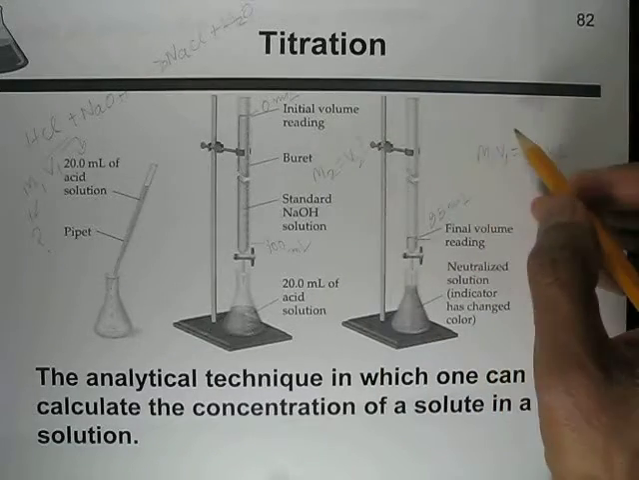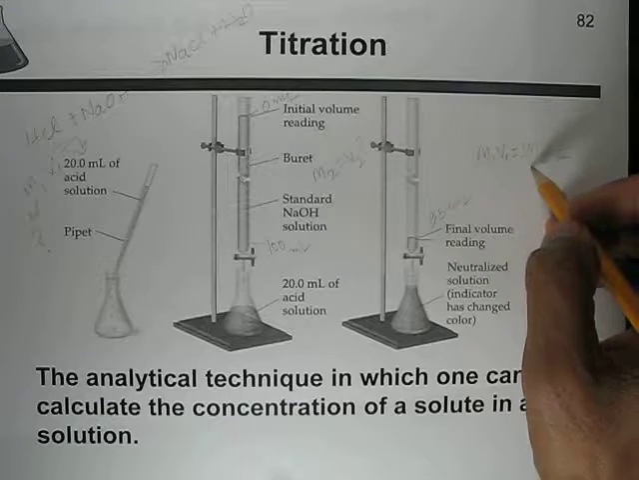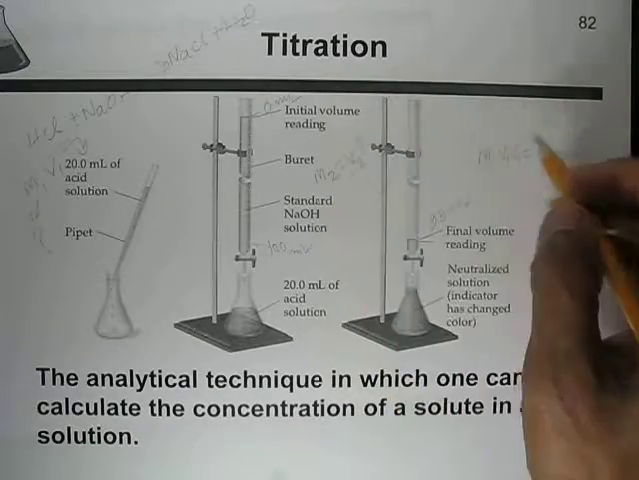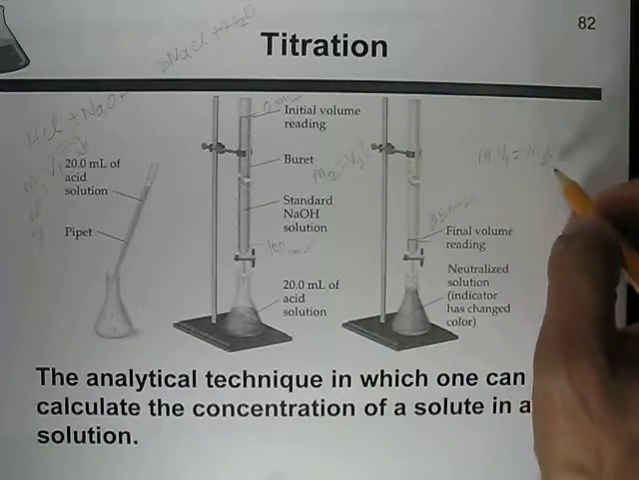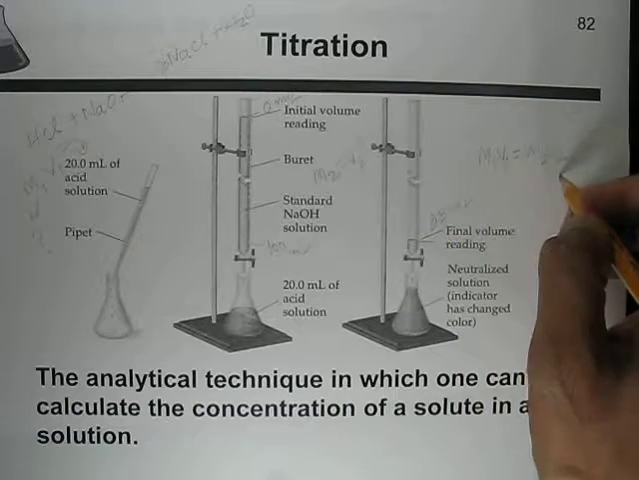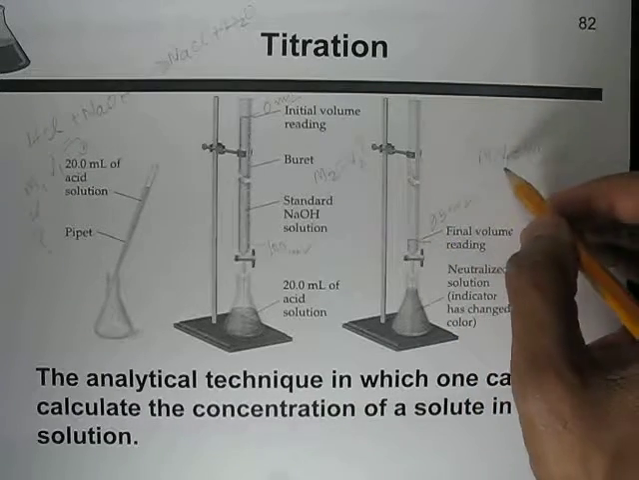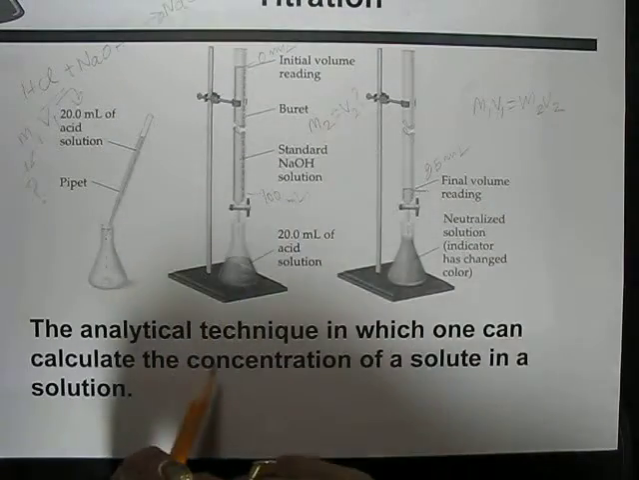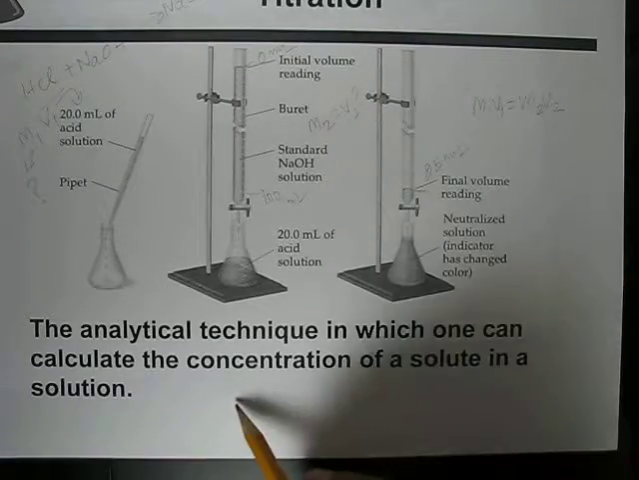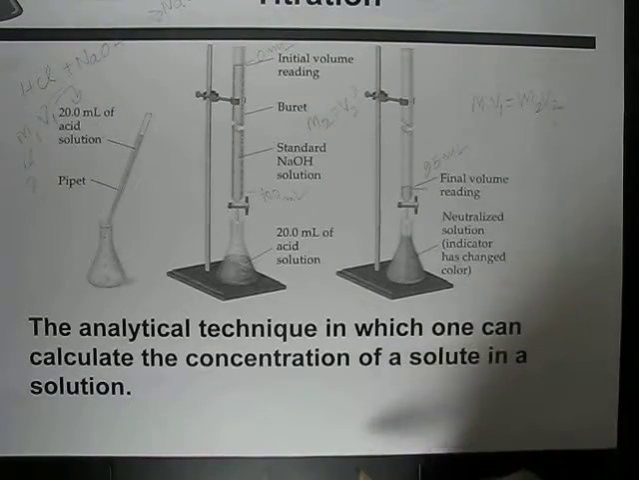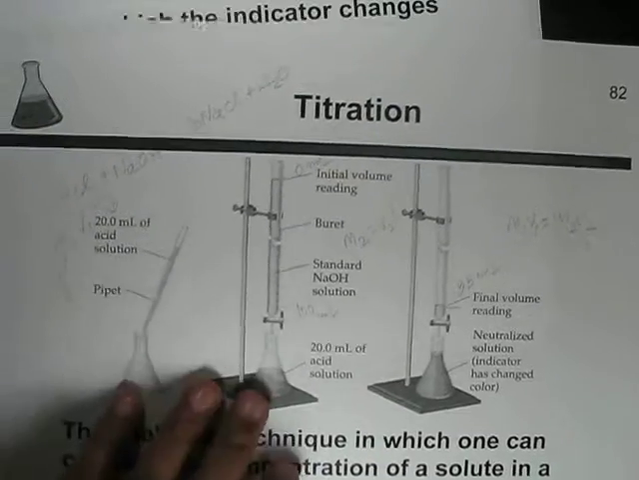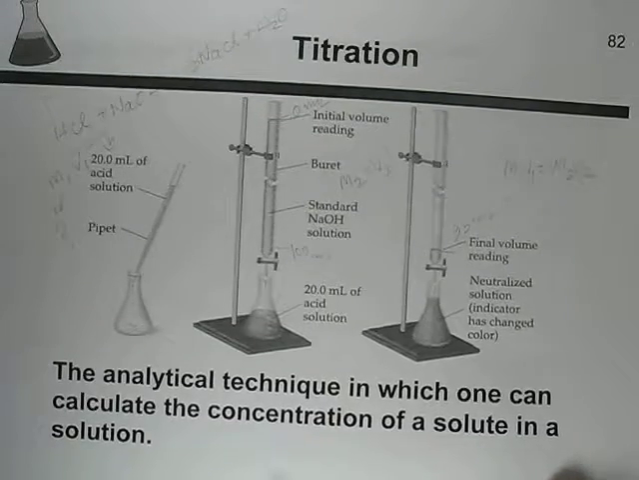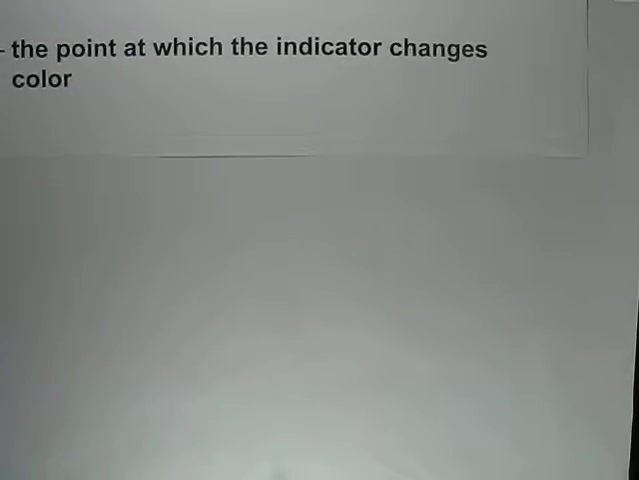We do not know M1, but we know the V1 is 20 ml. We know the concentration, the M2, and we find the volume V2 from this titration, 95 ml, and then using three values we can find M1. So this is a kind of analytical technique in which one can calculate the concentration of a solute in a solution. So this was the example of how the titration process works, and let's see one more